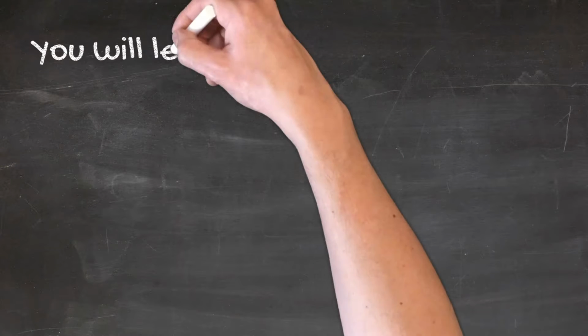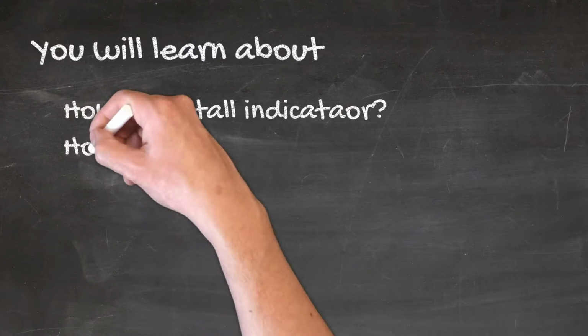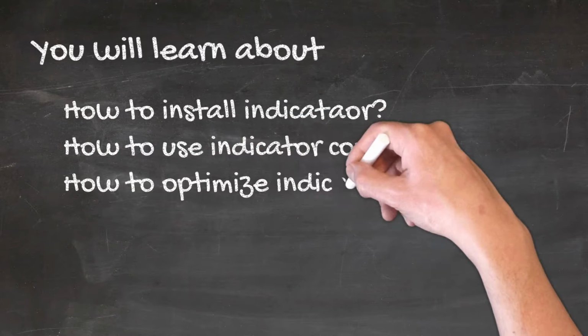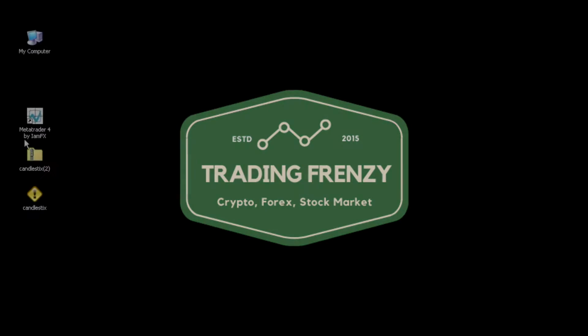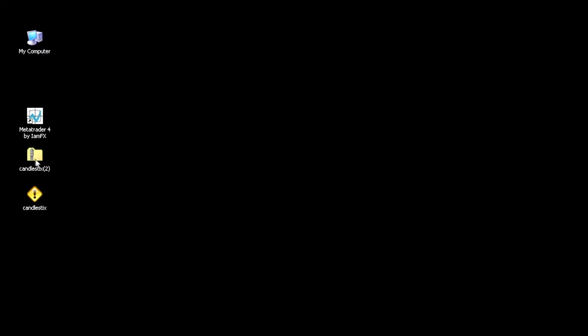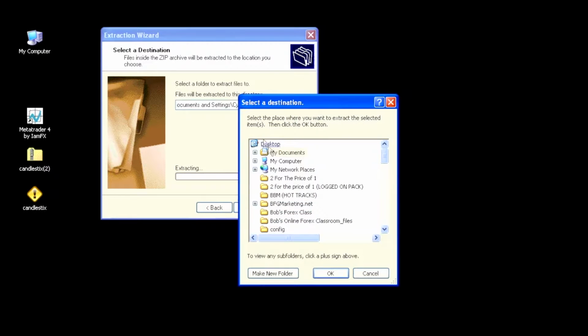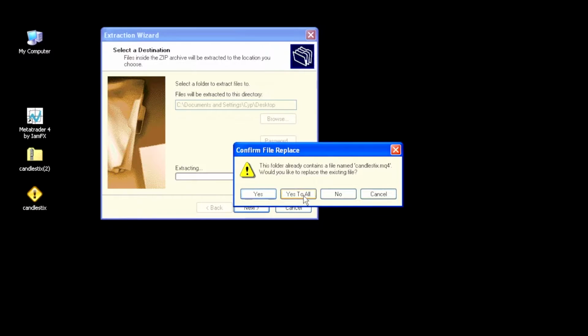In this video, you will learn how to install an indicator, how to use the indicator correctly, and how to optimize the indicator. You need to go here and extract the file. You just right click, choose extract all, and you get the pop-up to extract. Next, again choose desktop, OK, next, yes to all,